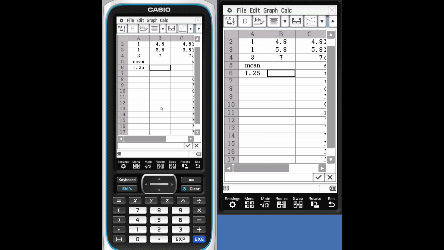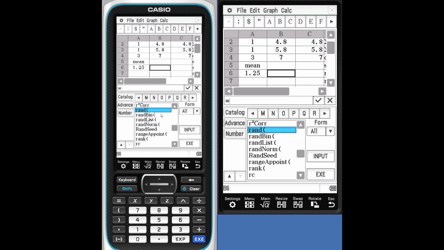One more feature to look at for today. We'll look at putting a different kind of formula where we can recalculate it every time. We'll put a series of random integers into each one of the following cells. Again, in order to do that, you need to make a formula, which is equals. Pull up the keyboard. We'll choose random. We're going to choose random numbers from 1 to 5. Close my parentheses. Tap execute. We get the number 3.